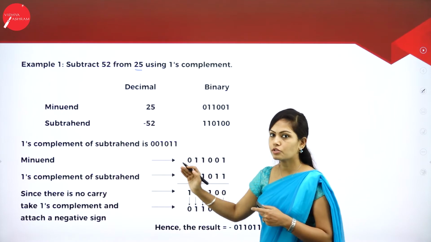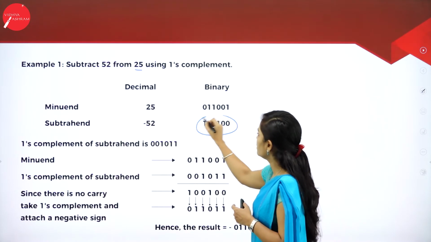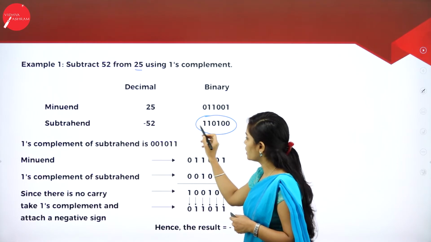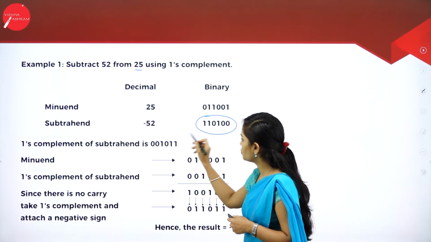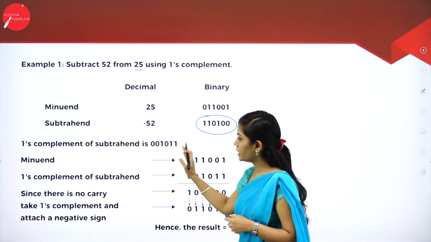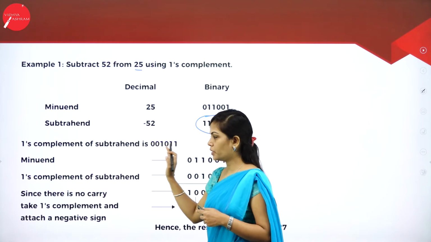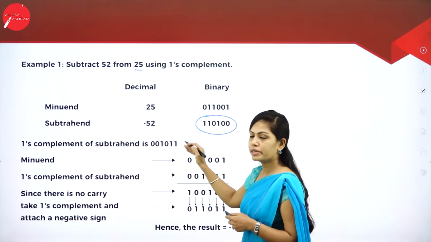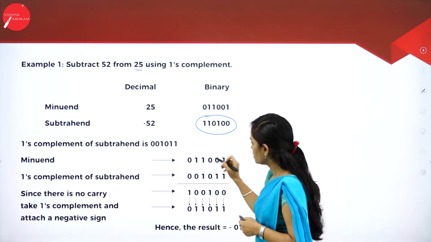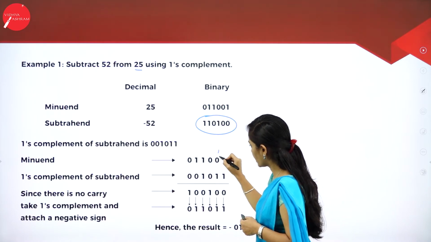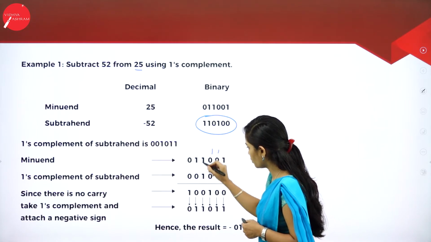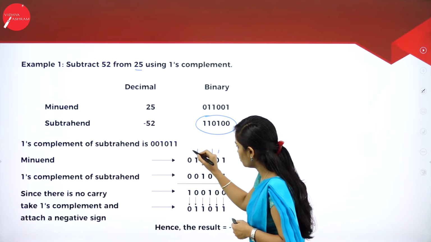Find the ones complement of this subtrahend. What is the ones complement of this subtrahend? In the ones complement, 1 changes to 0, 1 to 0, 0 to 1, 1 to 0, 0 to 1, 0 to 1. After finding the ones complement of this subtrahend, add it to the minuend. Add these two values. So 1 plus 1 is 0, 1 carry; 1 plus 1 is 0, 1 carry; 1 plus 0 is 1; 1 plus 1 is 0, 1 carry; 1 plus 1 is 0, 1 carry; 1 plus